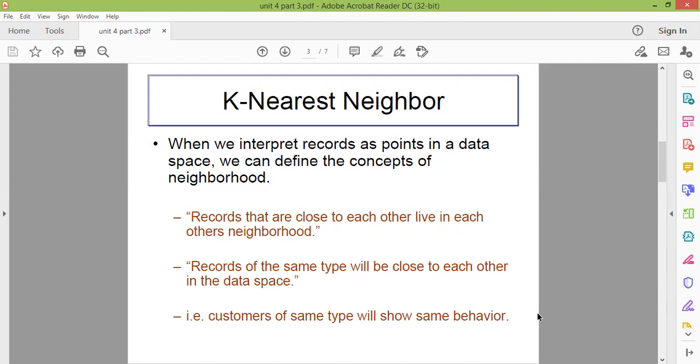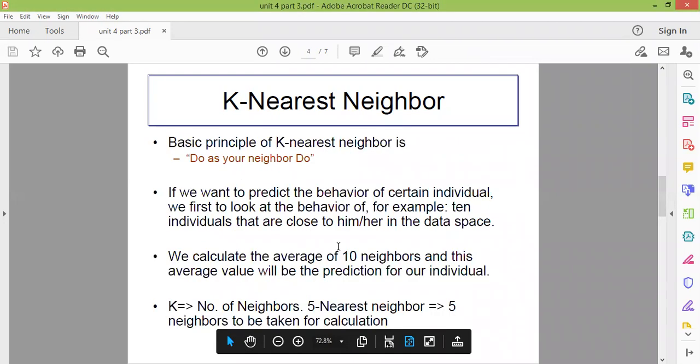Okay, this example can be easily seen on your online purchasing site. What they do is they will tell you about the behavior of customers who are purchasing the same things as you. If you purchase shoes of a particular brand on an online site, they will recommend similar kinds of shoes based upon somebody else's purchase. Okay, so this is the thing. The one is showing the behavior of its neighbor. So now we'll show how we'll consider that.